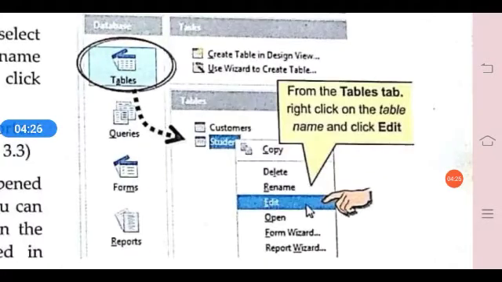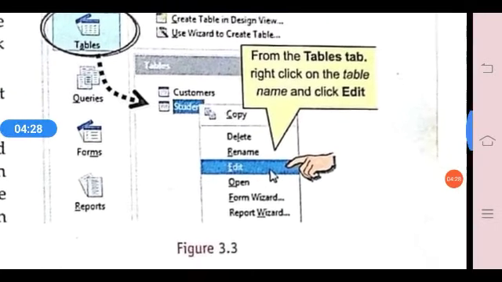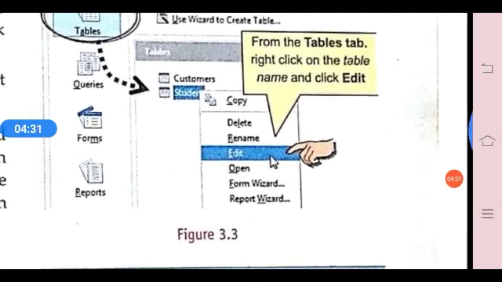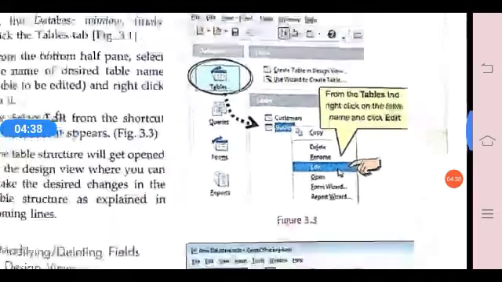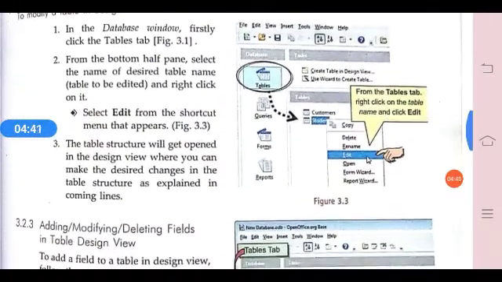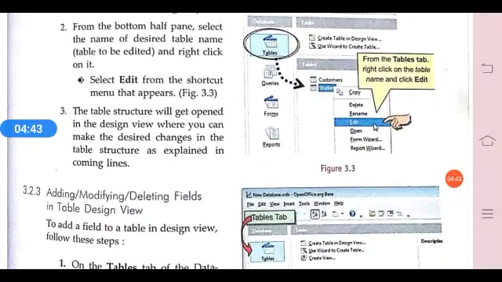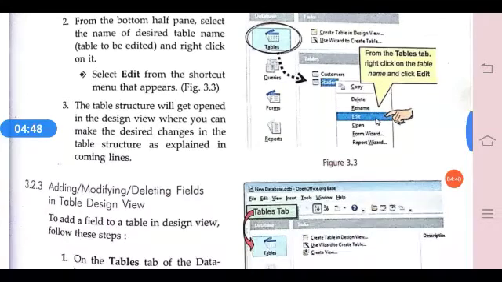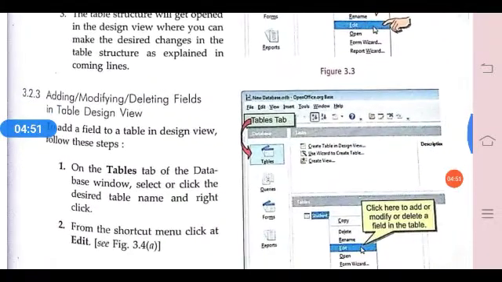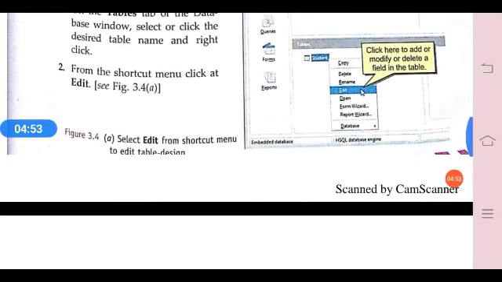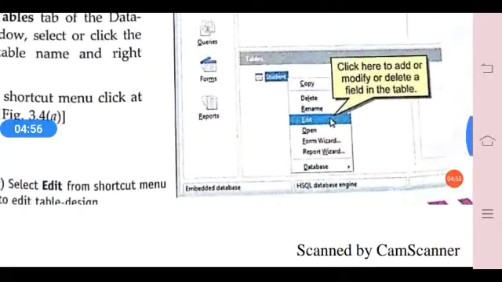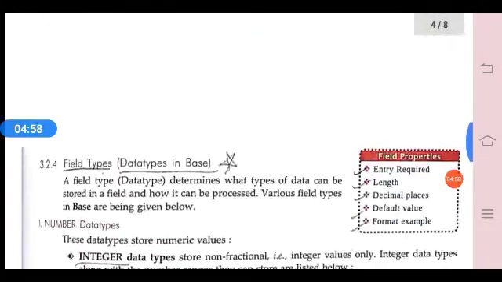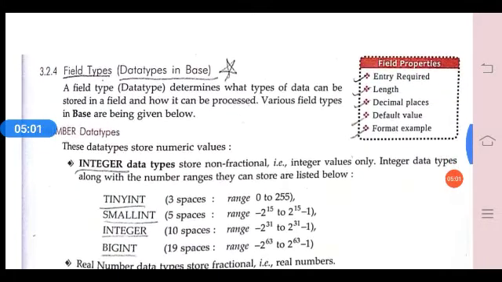For example, here I have selected the student table, then go to the student table and right click over there and choose edit option from the shortcut menu. The table structure will get open in the design view where you can make the desired changes in the table structure as explained in the coming lines. Now after selecting the edit, you can set the field properties, field types,